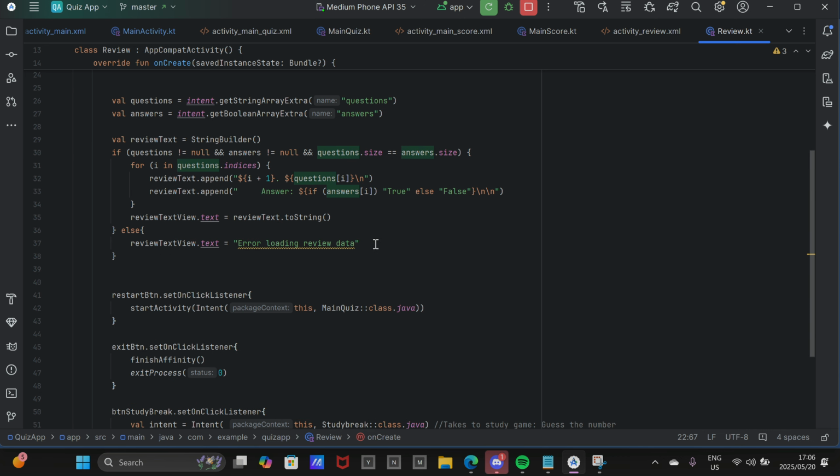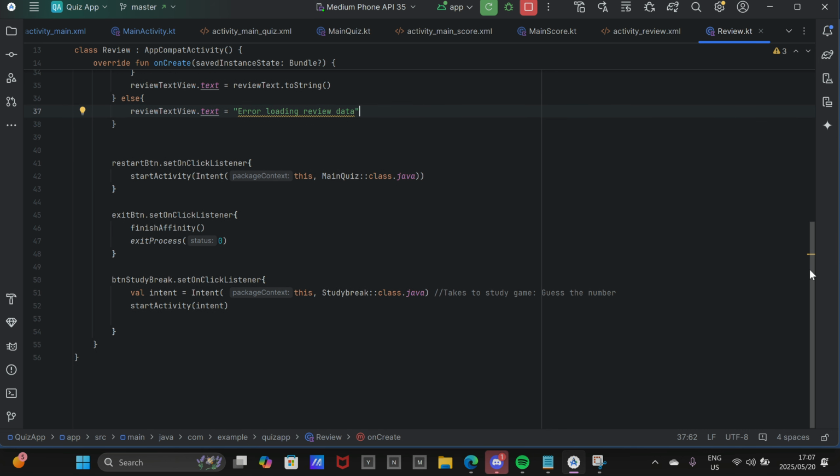This is to display just in case there was any problem loading the data. If there should be any, then that will be displayed to you. This is to restart the quiz if you want to improve your marks and just practice again. This takes you to the guess the number screen, just a quick